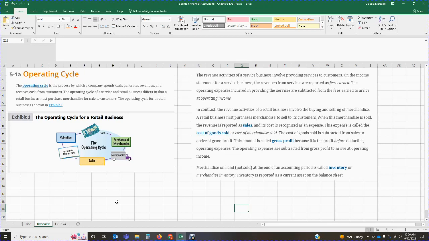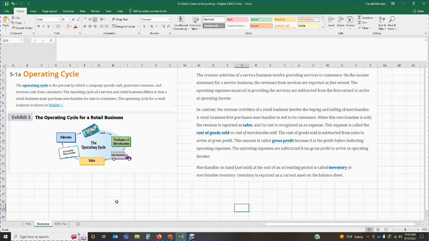Now, in this particular chapter, when we cover chapters 1 through 4, we build ourselves up to the entire accounting cycle. It took us 4 chapters to cover it. Here, they're transitioning into retail business, and they basically dumped everything into one chapter, knowing that you are already familiar with the process. Okay, the process has not changed. The only thing that has changed is we have included some new additional accounts that we need to use,